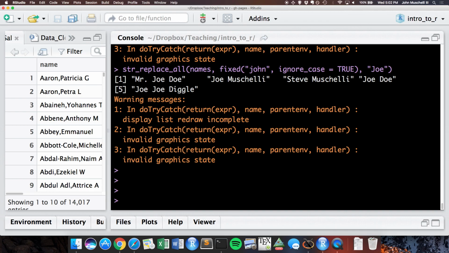Email me questions, because this is definitely one of the most confusing parts, because strings can be infinitely weird, and also